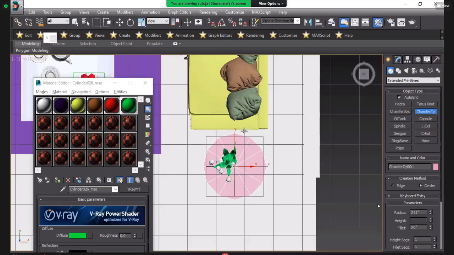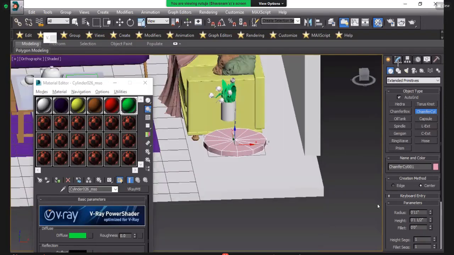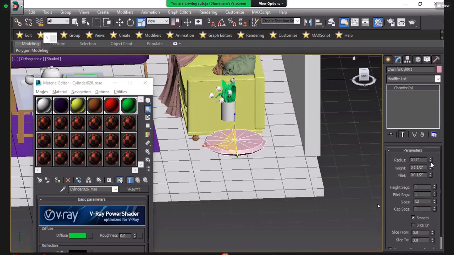I will make one circle. Go in the modify list, and I will increase the segments here. I will take 100 segments here. Okay. If you have seen there, the box will be smooth.